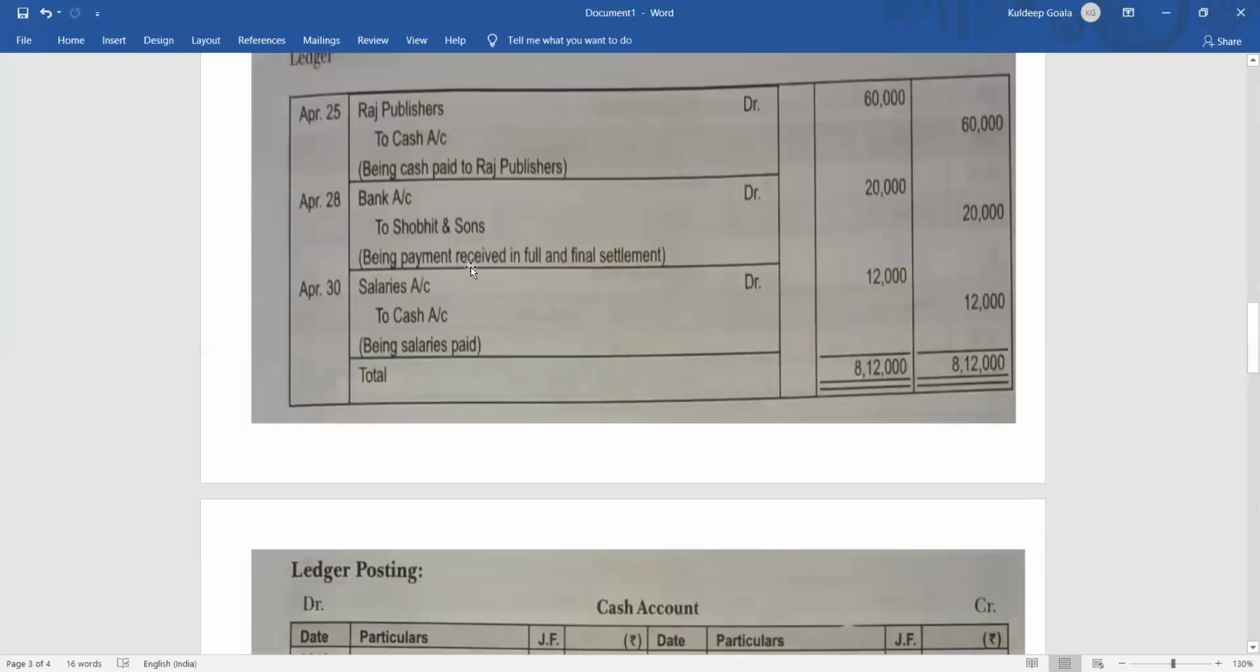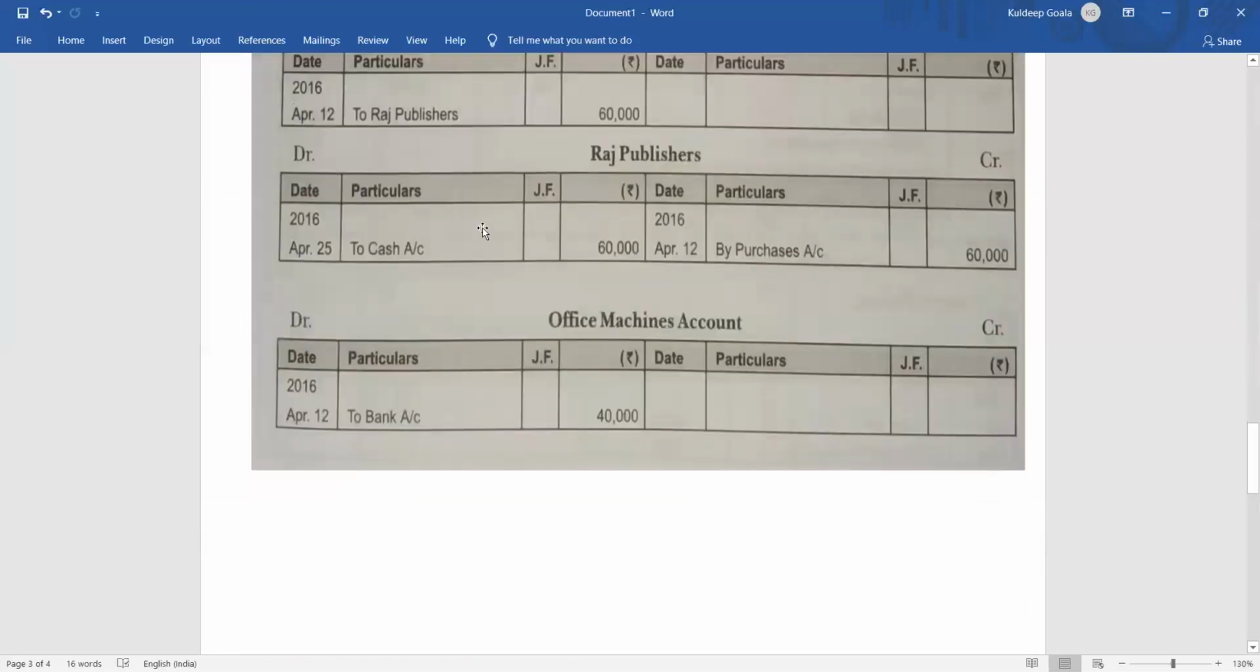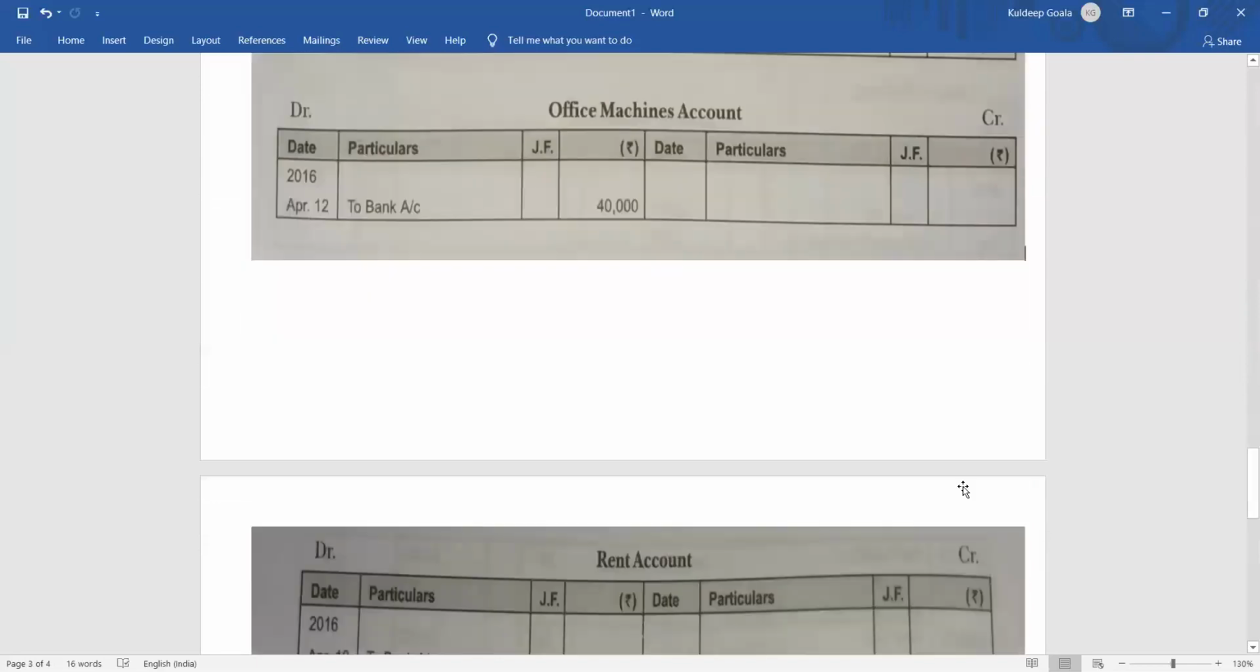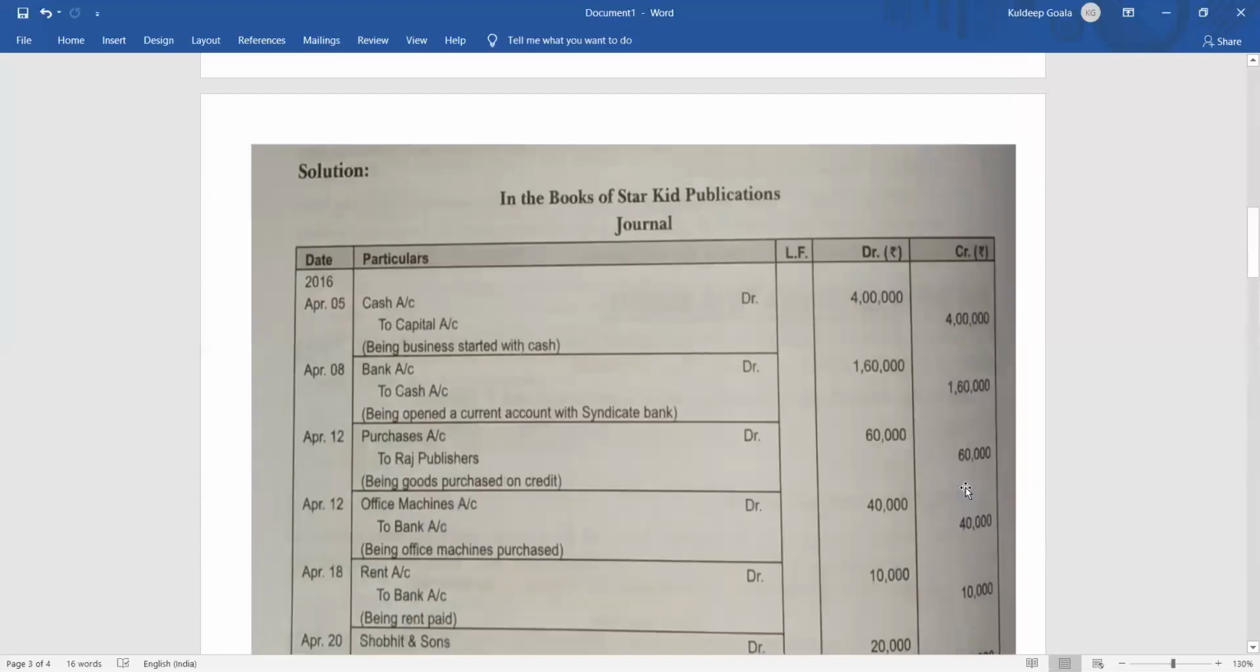And what happened to Sobhit and Son? Their credit side, right? They go credit किया. So go in the credit side of Sobhit and Son and write down opposite one by bank. See Sobhit and Son, you can see here it is written by bank account 20,000. Clear? Okay. Now coming back to the